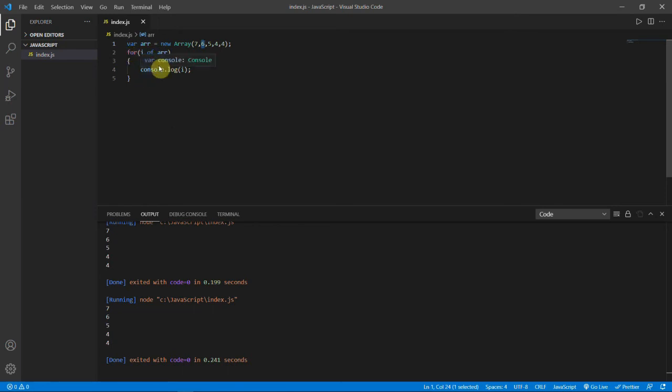So yeah, these are the two basic things in looping to loop through arrays, and the other one is the normal or traditional way, which is for, initialization, condition, and then the incrementation. Those three are the for loop conditions.